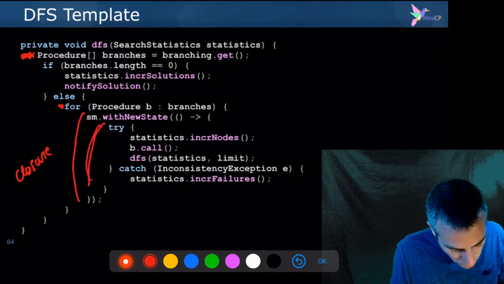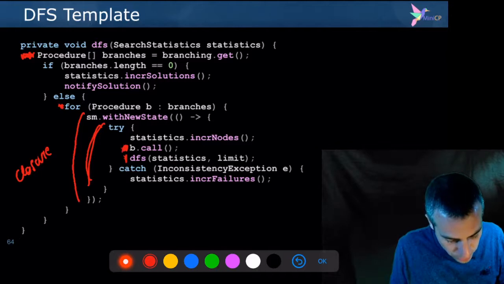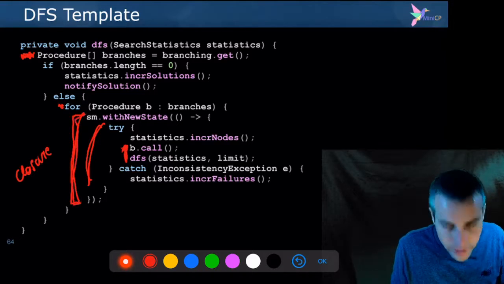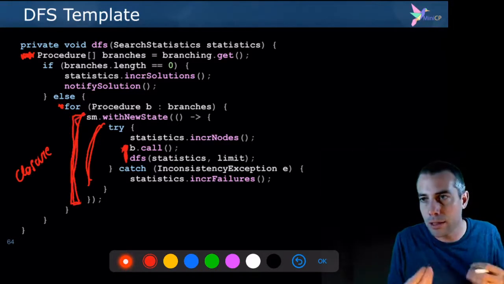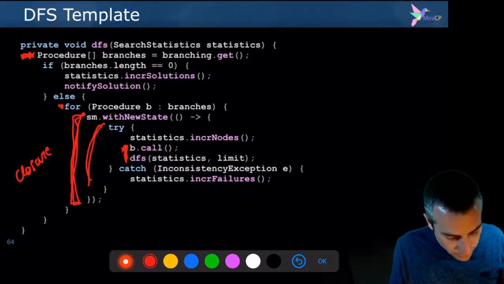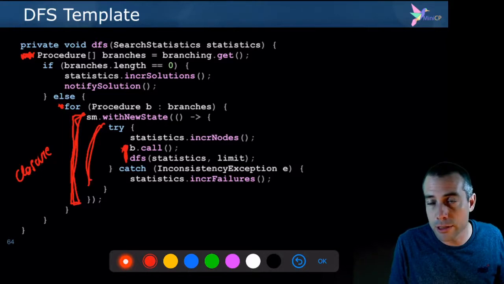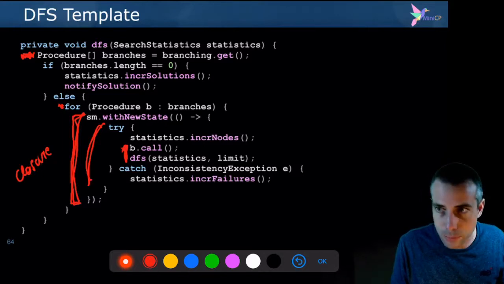You will recursively call the depth first search by committing to this branch. So you execute this specific procedure corresponding to the branch, and you encapsulate all this inside with new state, so that when it backtracks, you restore the state as it was before. This is a very elegant piece of code that deals with the state management and restoring the state for you during the depth first search exploration.